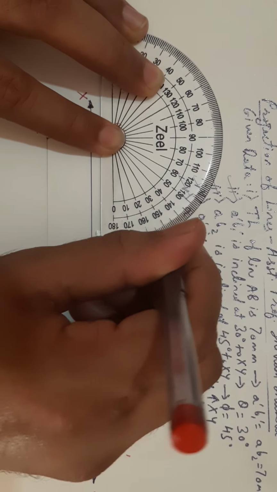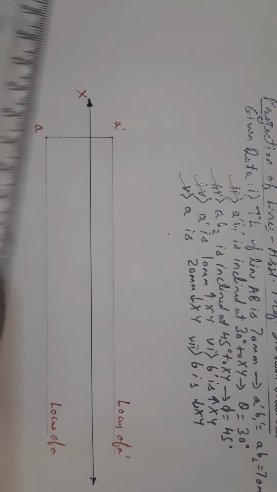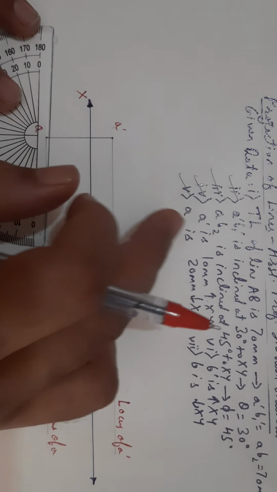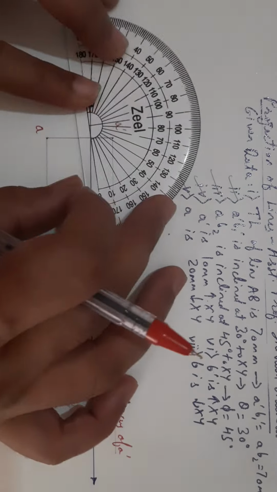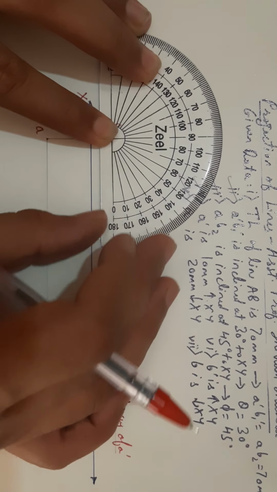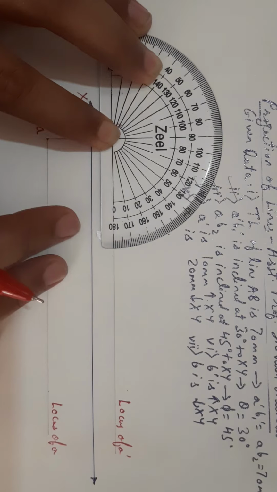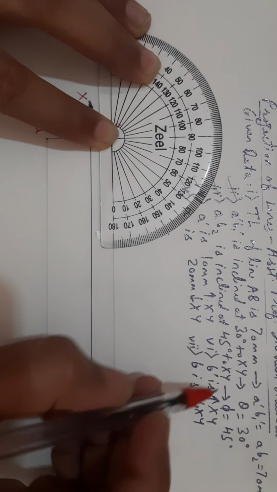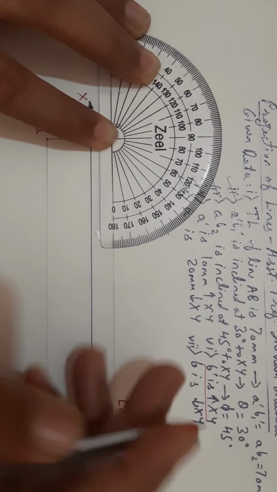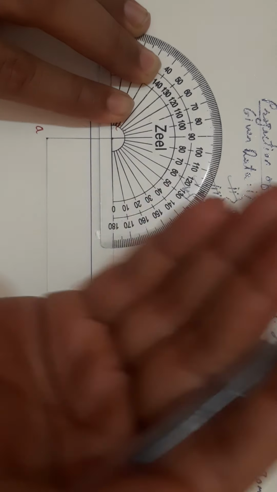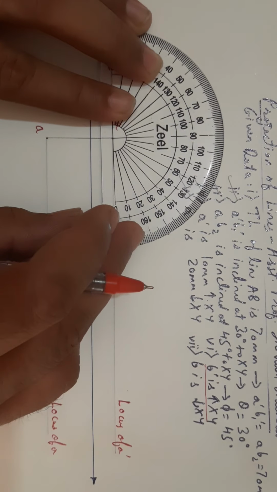Theta as 30 degrees. I'll be plotting the point. And even on the bottom side, if I say for phi, why did I plot theta up on my right side up? See friends, it's a confusion for most of the students. Sir, why have you taken this 30 degrees up? Basically 30 degrees is taken as up because we also know that B dash is above XY. So the other point of A dash, which will be B1 dash, has to come up. That is why it is taken as up.